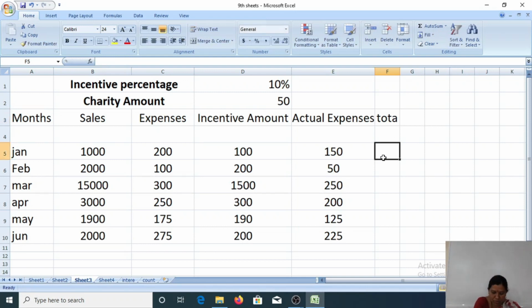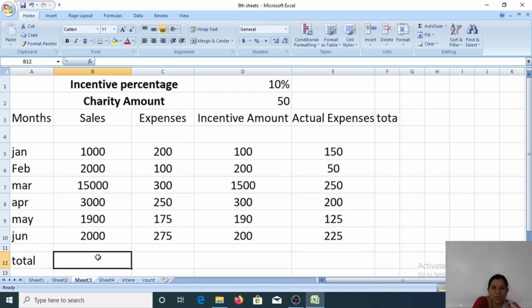Now just apply the formula. What formula do I want for the total? I'll write Total here. From where to where do I want the total? Equals, and this is your B5. The cells are from B5 to B10. What I want to do is add.